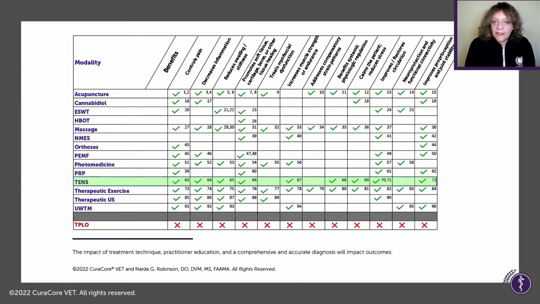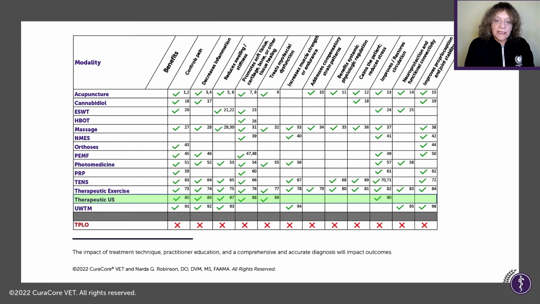TENS is another electrical therapy, as we had said, so there's a lot of overlap with acupuncture, but it's not as discrete in terms of which nerves you're impacting, and it's not going to get the myofascial dysfunction in the same way that acupuncture can. Therapeutic exercise checks all the boxes, just has to be done right by somebody that is caring and attentive to that patient's needs. So you need to know how to monitor whether that patient is succeeding or they're decompensating.